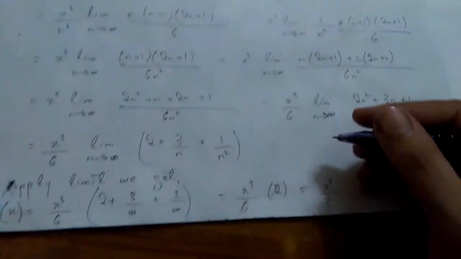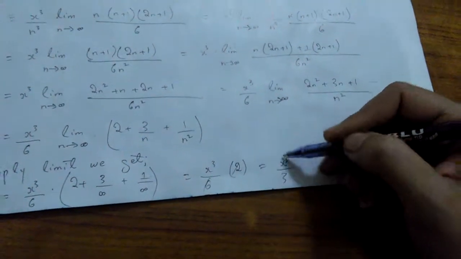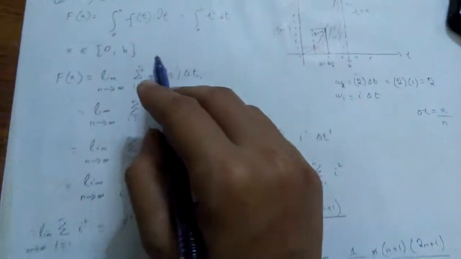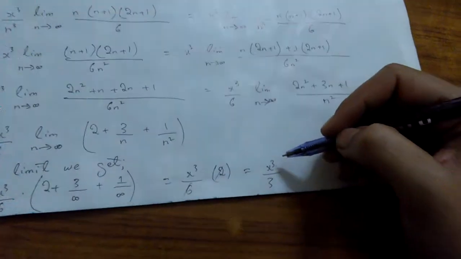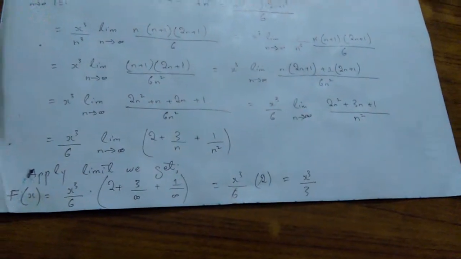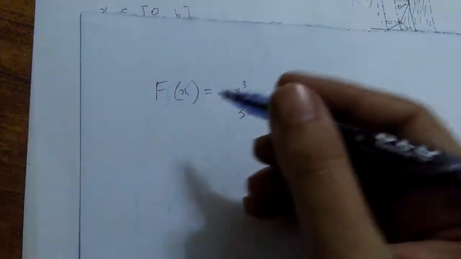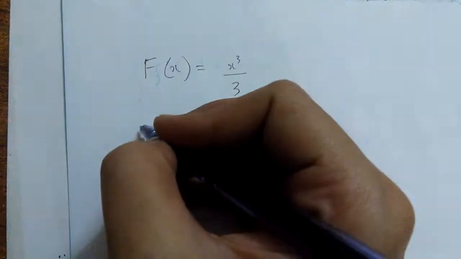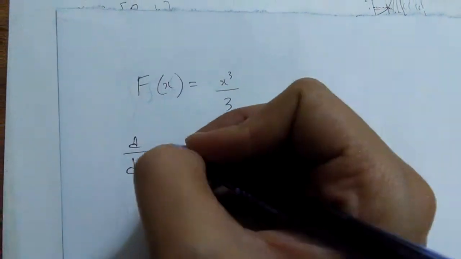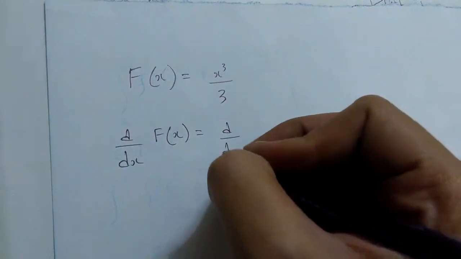Move to the next part. How about if we just take the derivative of this function? Okay, so this was the definite integral of your f of t. Now let us take out the derivative of this function. So let me use a different page. So once you take the derivative of this function with respect to the given variable, you just differentiate both sides with respect to your x gently,